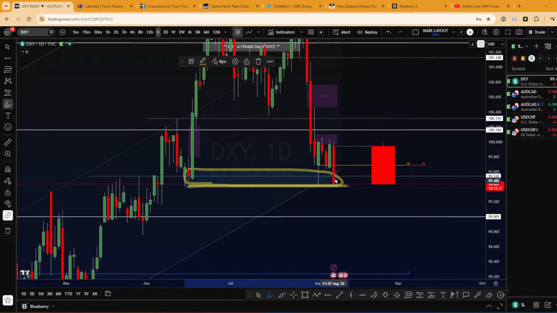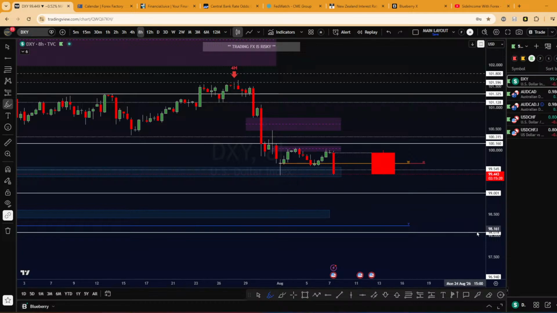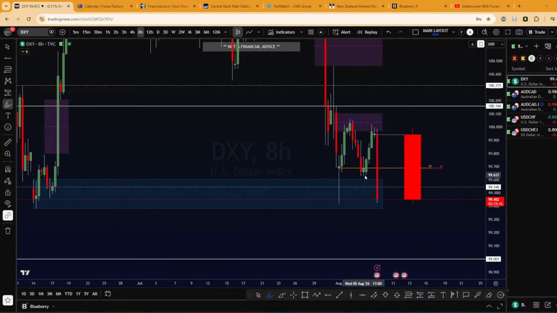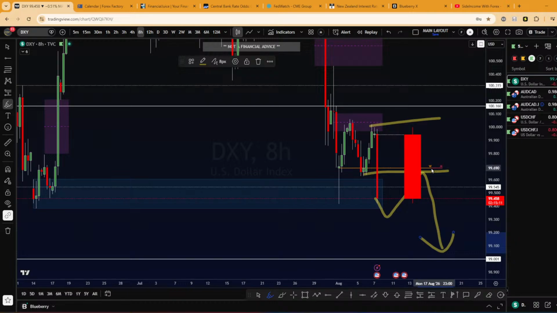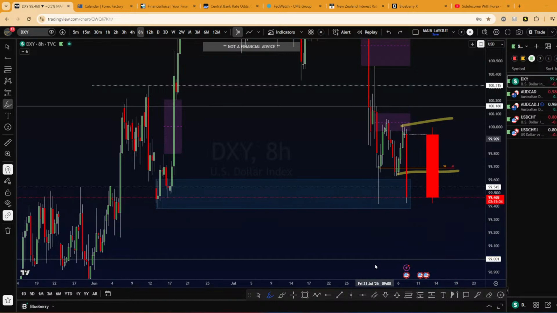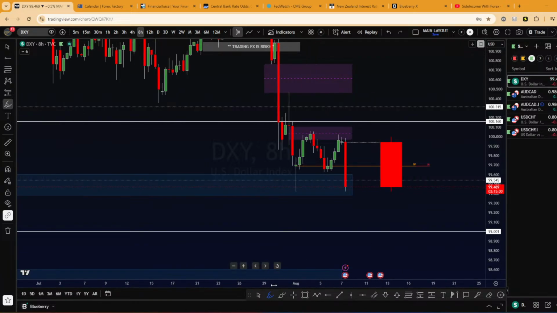If we potentially close, not close, but this is a daily candle. Let's say, for example, the H hour. If the H hour closes bearish like that, I think we could potentially retest around the weekly and monthly open and continue the movement towards this level. So the bearish continuation in the dollar.